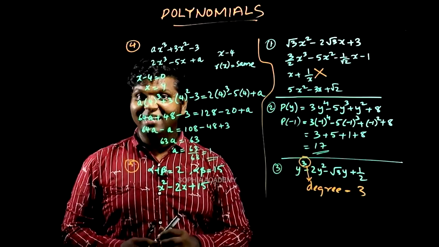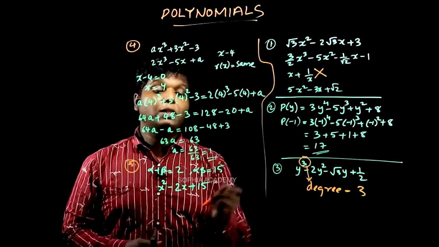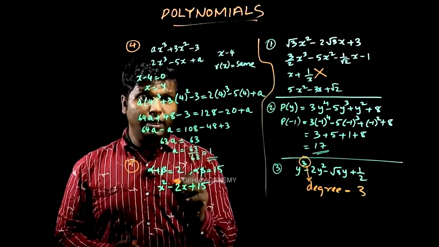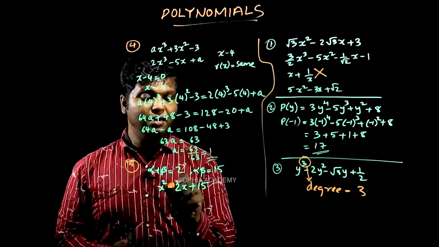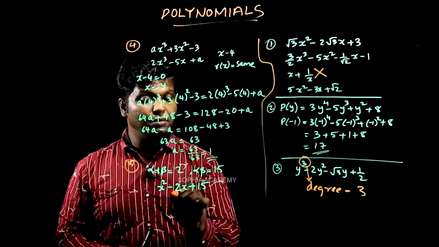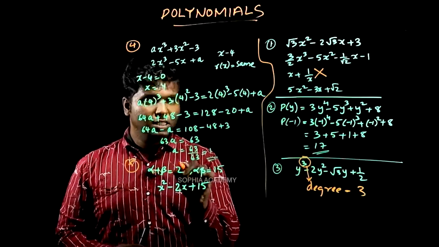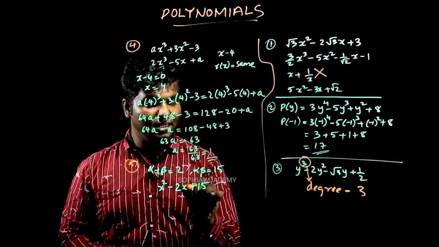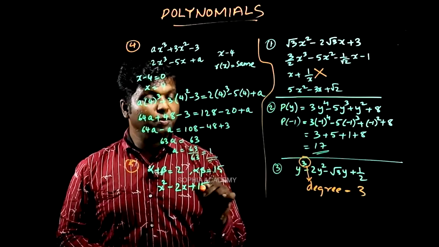Isn't it easy? If you know the equation, this is easy. Already the sum is given, then the product is also given. So what you have to do? You have to just add them. X square. Then forget not to keep this minus. This is very important. Forget not to keep this minus there. This minus sign is very important. After x square, the minus sign will come there. So x square minus. Then we will look at the sum of the zeros. As the sum of the zeros is 2, we mention the 2, that much x. Then plus, what's the last one? It is 15. The product is 15, that's why.